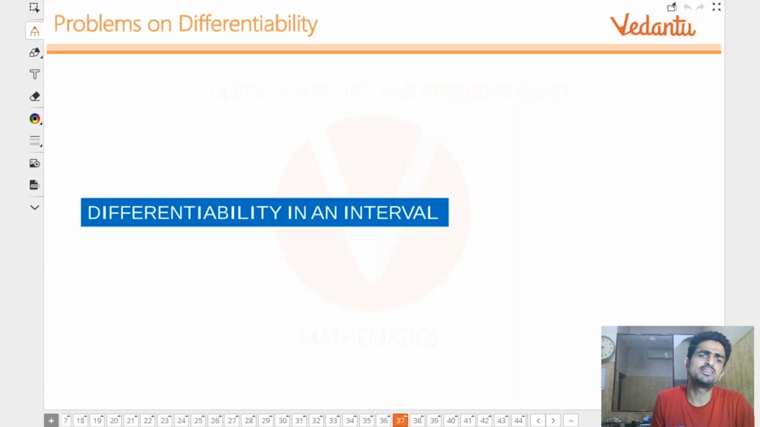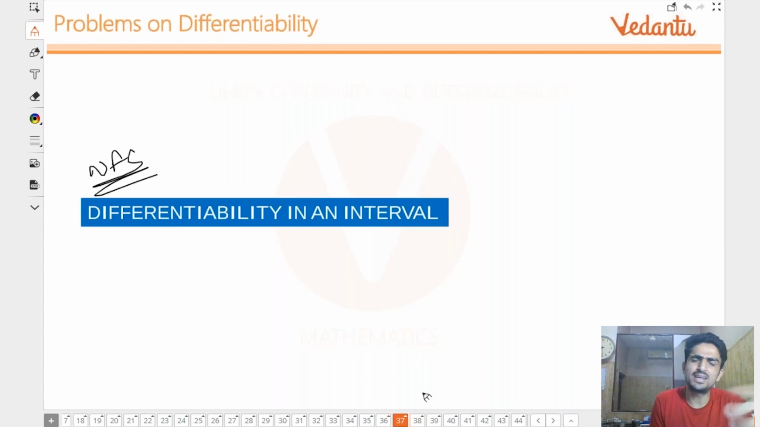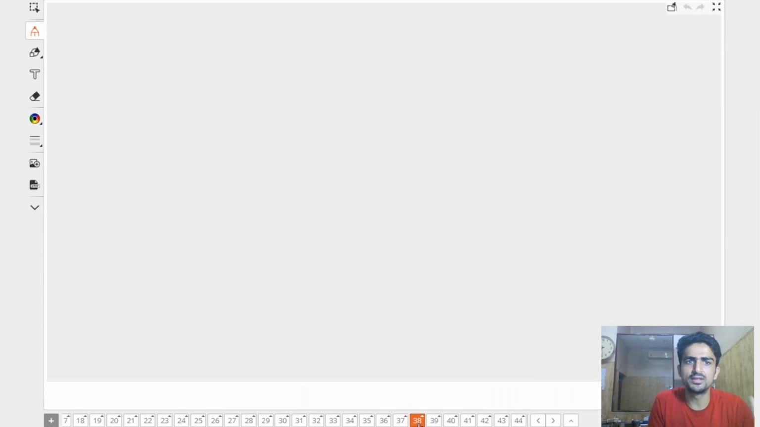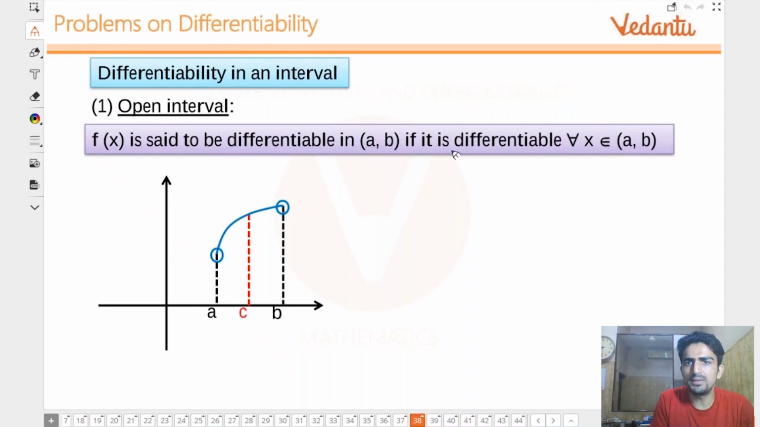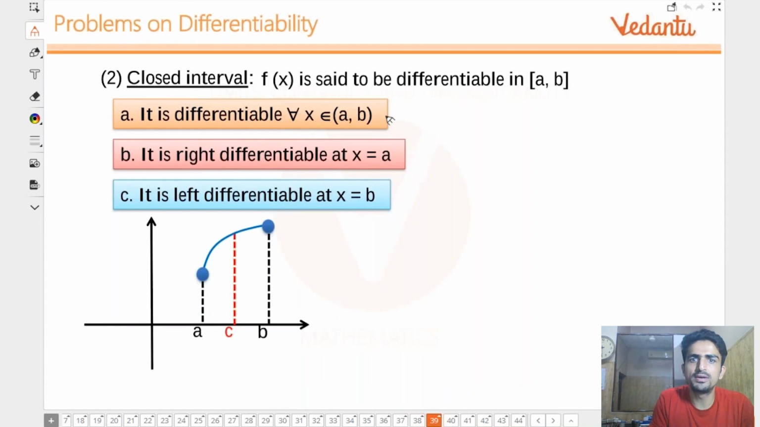Now, next definition is differentiability in an interval. By the way, this definition is not in school. Differentiability in an interval is very basic, like continuity only. Same definition. It is differentiable in open AB if it is differentiable at any point inside AB. Same definition. And for closed also same. It is differentiable in closed AB if it is differentiable in open AB,